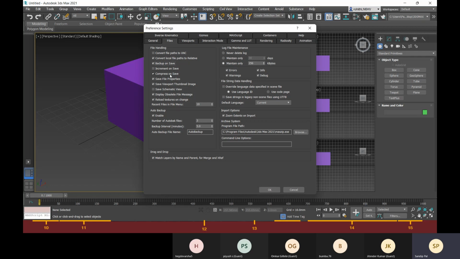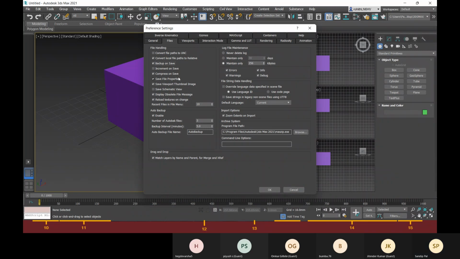You have compress on save. If you use this option, your file's size will be reduced. That is a better option. Okay, so you have this save file properties, that's the thing you should go for.